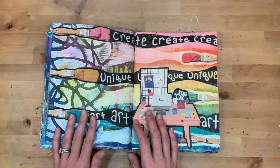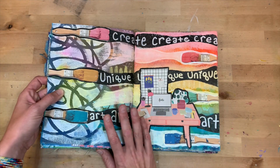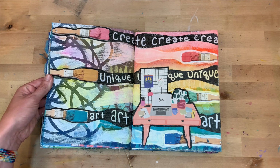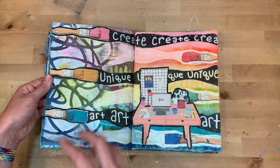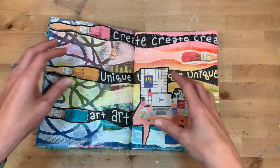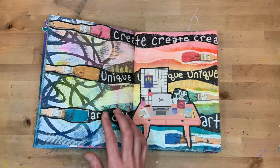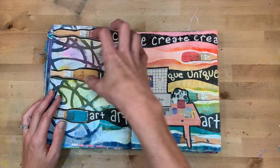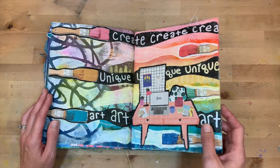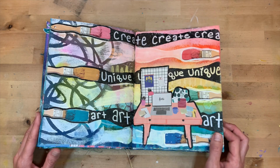This one is one of my favorites because I felt like I stopped fighting with the different mediums in this one. So this is denim in the back of here, and I wanted a cohesive spread, and you can't get cohesive spreads with two different mediums all of the time. So I have some collage pieces, which always helps, in this desk right here. And this says "Create Unique Art." And I just embraced how things looked different on this side versus how they looked on this side and kind of built off of that. And I think that this particular spread was kind of a turning point as I was working through this art